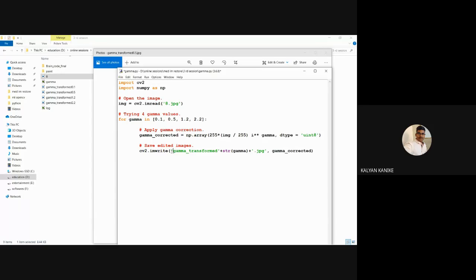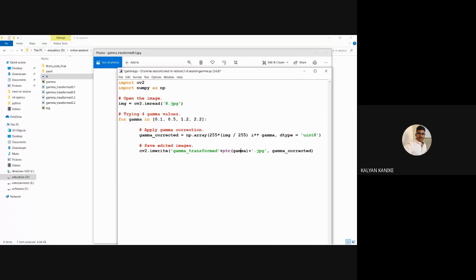According to the condition we have to give the name. So we give the name as string gamma, according to this gamma information, whether it's 0.1, 0.5, 1.2, whatever the input is. The gamma transformed value 0.1 is a float, right?